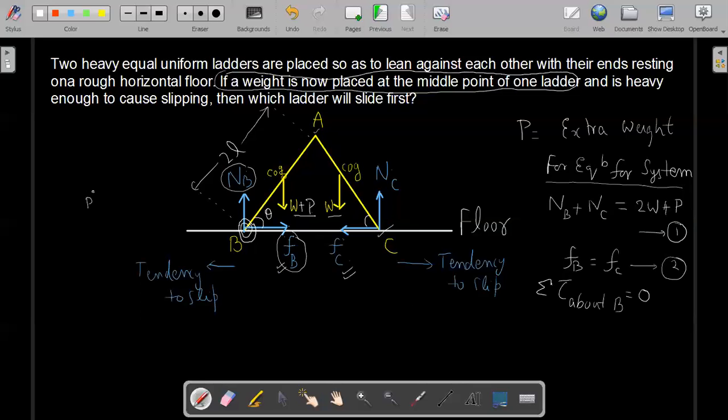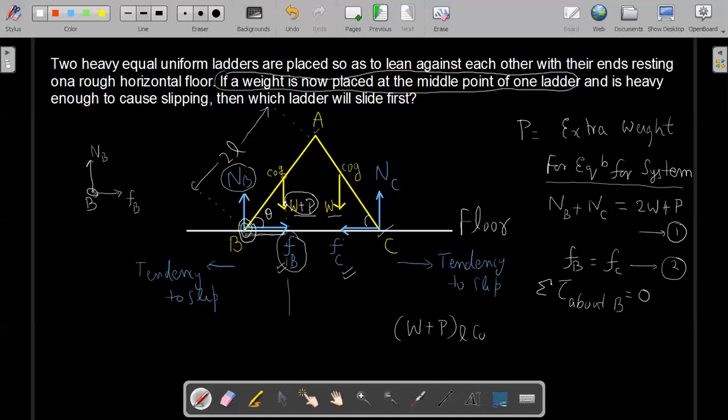Since forces NB and FB are passing through point B, they cannot produce any moment or any torque about the same point B. So there is no torque by NB, no torque by FB. So the torque is given by this W plus P force. And the torque by that force W plus P, which is acting downward, has a perpendicular distance from point B